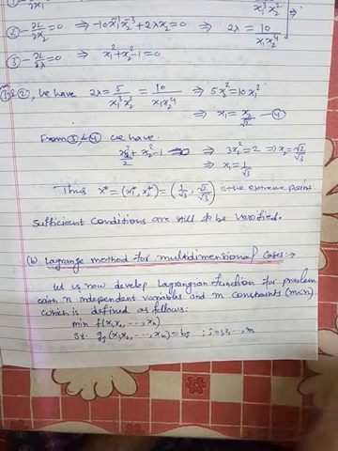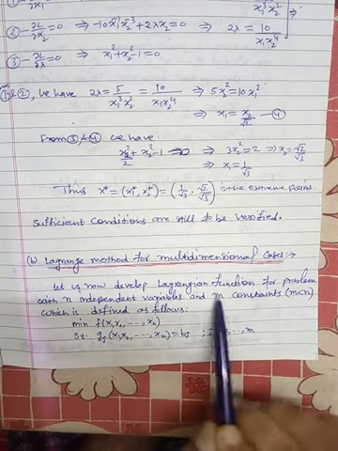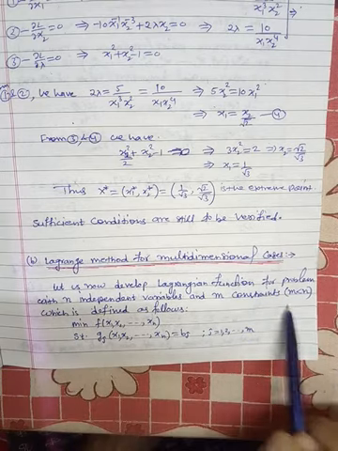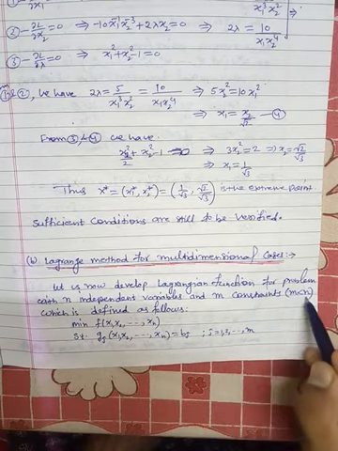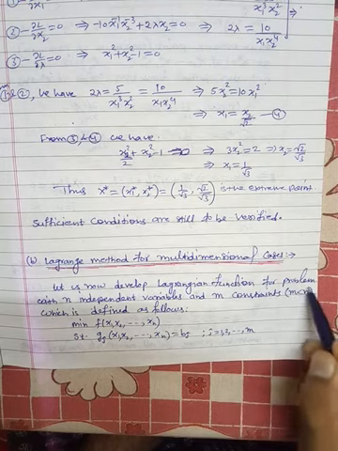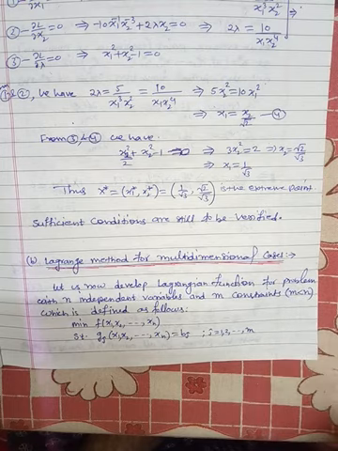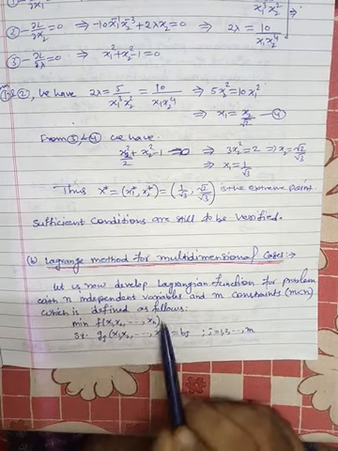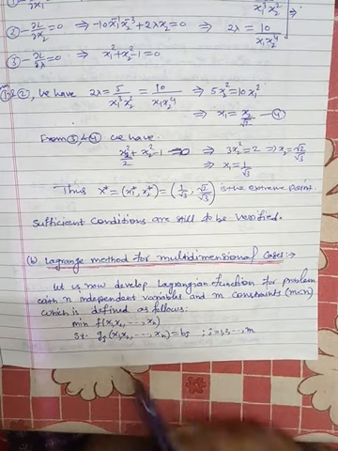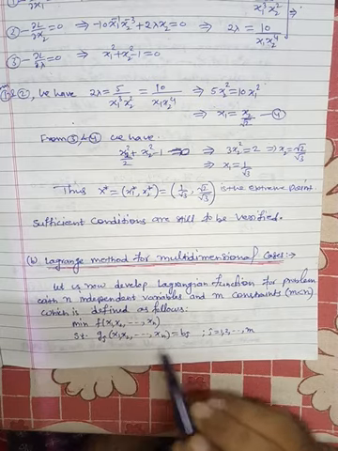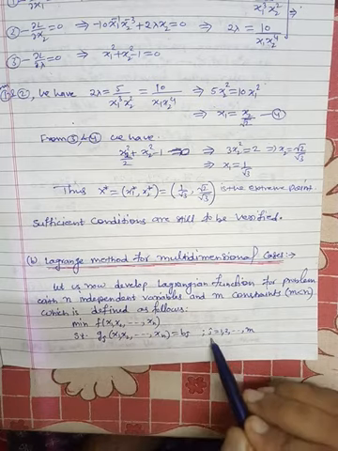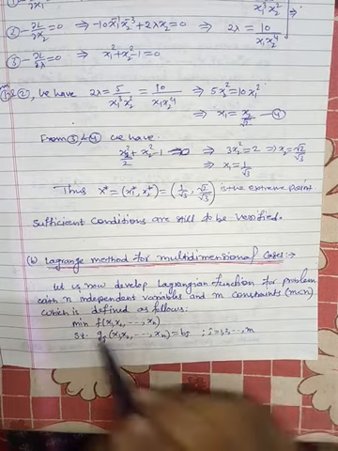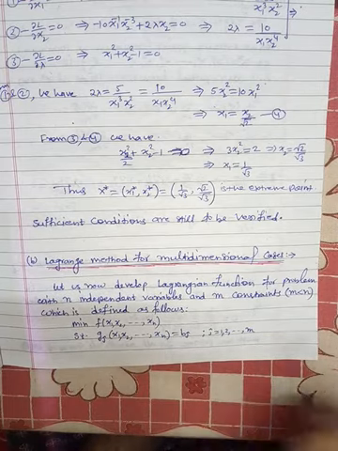Fine. So now let us develop the Lagrangian function for a problem with n independent variables and m number of constraints. And here we have already assumed m is less than n. That means the number of constraints is less than the number of variables. So this is the problem. Minimum of f of x1, x2, xn, the objective function, subjected to the constraint gj x1, x2, xn is equal to bj, where j varies from 1 to m. So these are total m number of constraints. This is the objective function. These are m number of constraints.